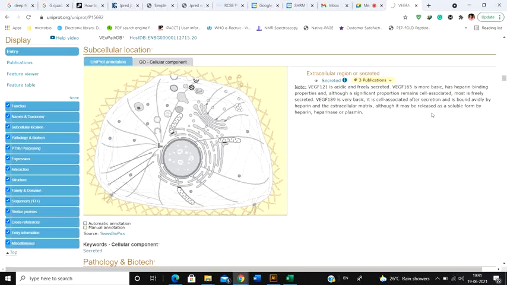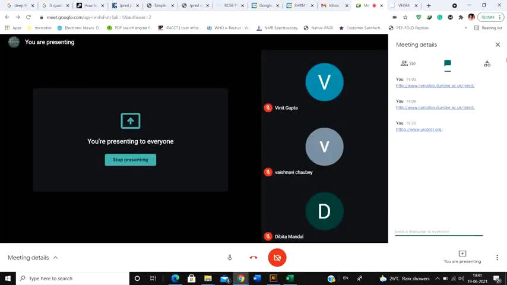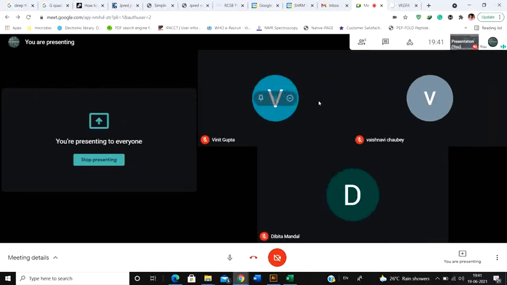So, okay. Now, I'm going to ask you one question. Suppose I'm giving you two proteins. One is a secreted protein, another is a non-secreted protein. Simply by taking a look at the sequence, how can you distinguish between these two proteins? How would you know which protein is secreted outside and which protein is not? Any answer? Come on. Simply by taking a look into the protein sequence, you know nothing about the protein structure or anything. You are only taking a look at the protein sequence.